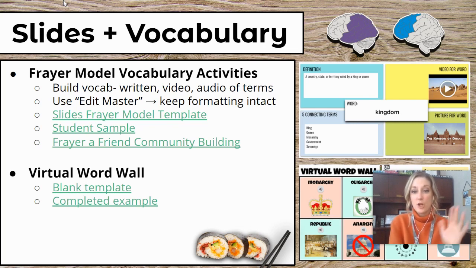So the examples I show on here are social studies ones, just because they were pulled from my classroom when I taught social studies. But you could use this in elementary school. You could use this in any other subject area because we all teach new vocab at some point or another. So this first one is a Google Slides spin on a tried and true instructional vocabulary activity called the Frayer